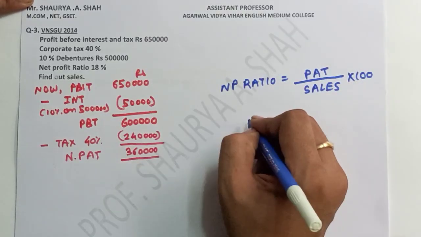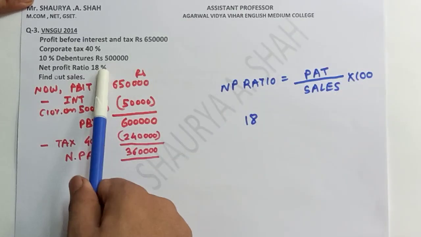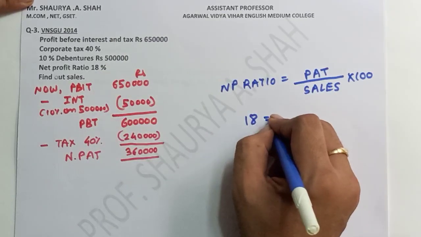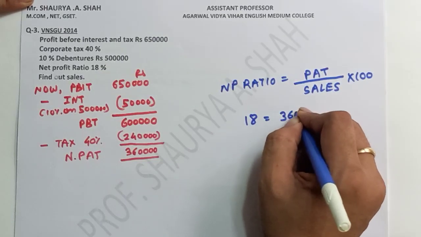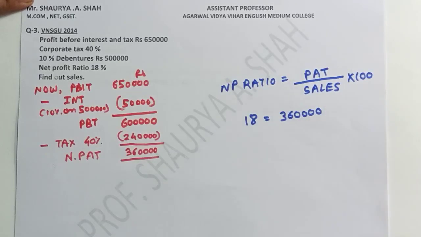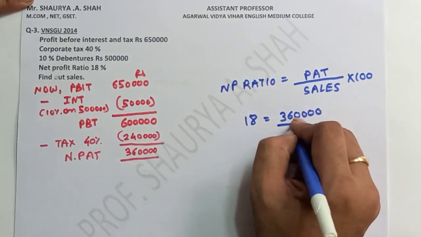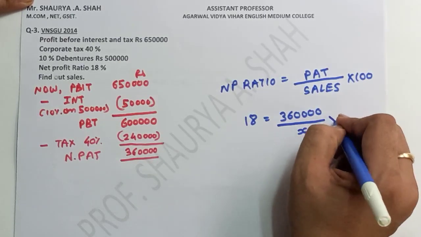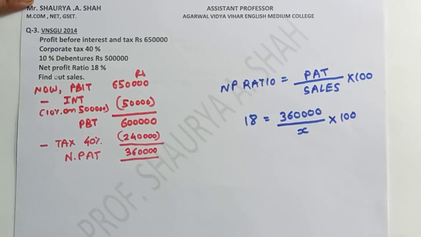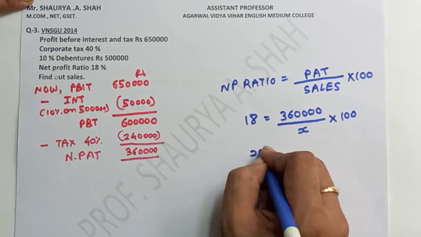So what is my net profit ratio? 18% given in the sum. What is my profit after tax? Just now we have found it, 3,60,000. Sales I am not knowing, so I'll put up x here into 100. So when I have solved this, students, x will come here,